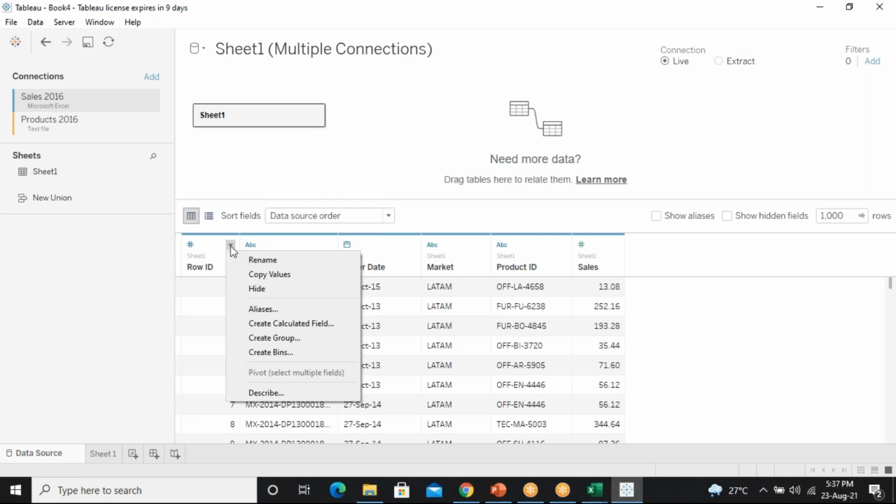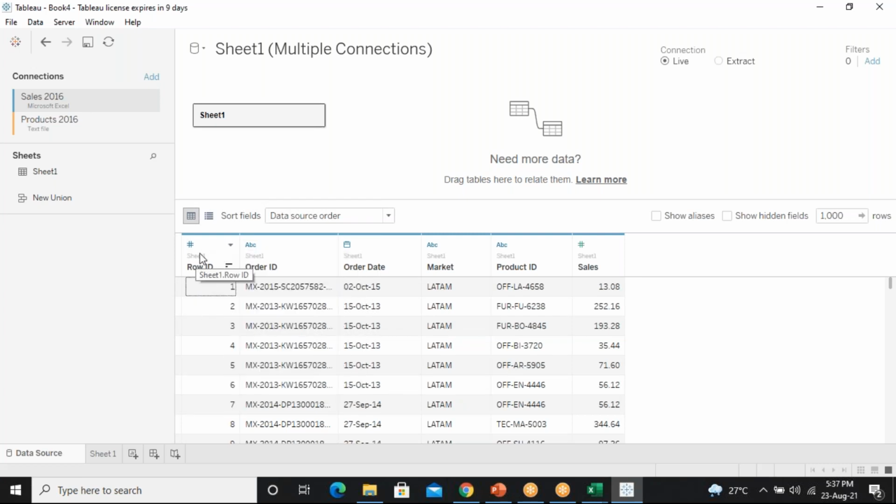Now I'll click on this place, where I can describe what type of values you want. When I click on this hashtag, you can see it's a decimal number or whole number. When you want to change it, for example if it is not a number but a date, because it has been taken wrongly, you can click it and change it however you want, like date and time, or date, or string, or boolean. Boolean is nothing but a true or false statement.